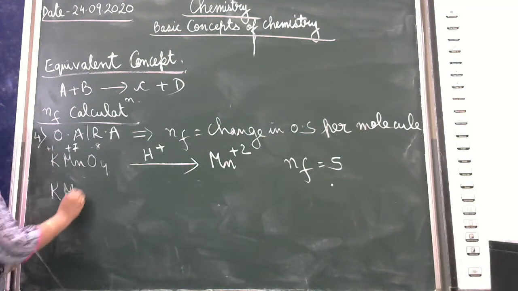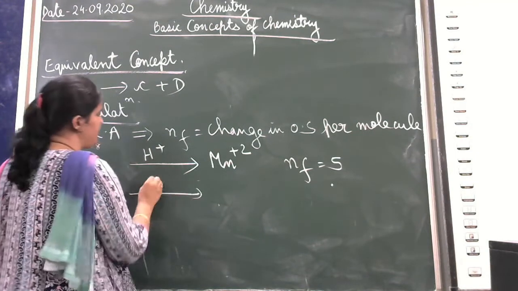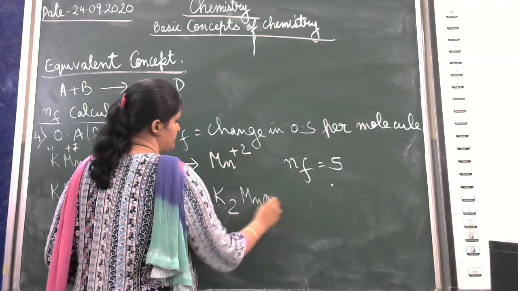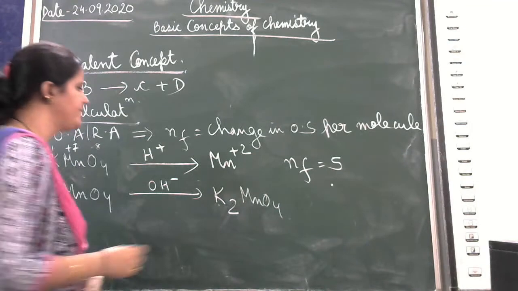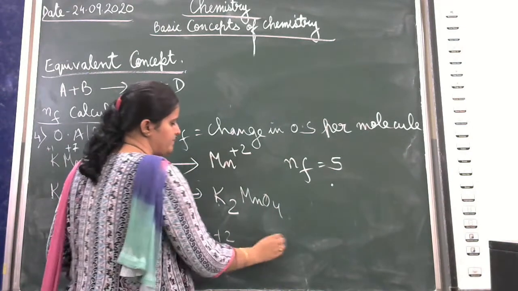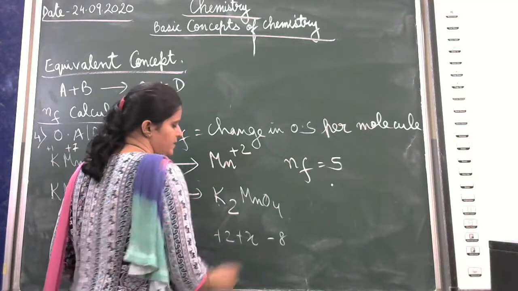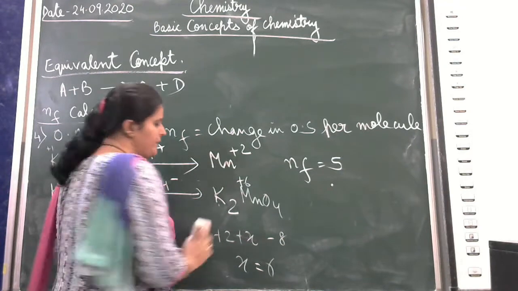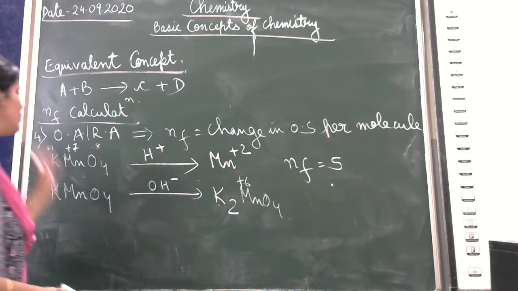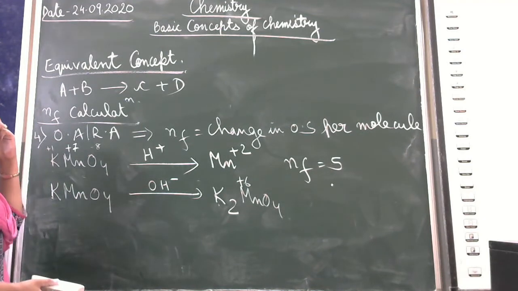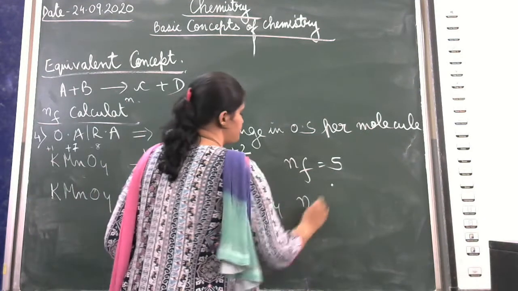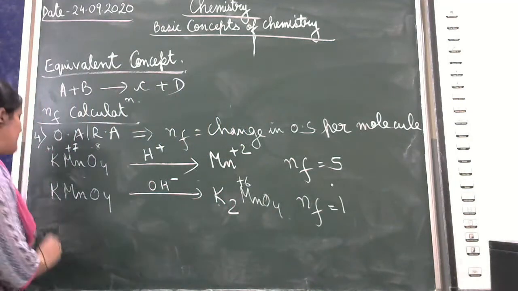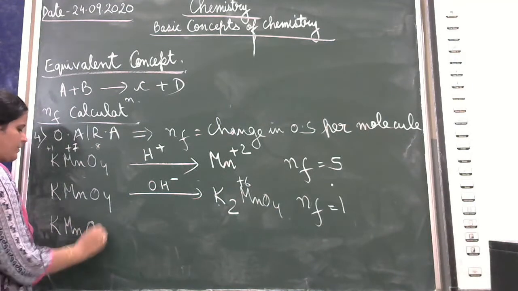Similarly, KMnO4 in basic medium gives us K2MnO4. Now, what will be the oxidation state? Potassium gives +2, oxygen again -8, and manganese is x. So x is 8 minus 2, that is +6. Here the oxidation state is +6. So what is the change of oxidation state per molecule? It will be from 7 to 6, that is, the n factor will be 1. Similarly, for KMnO4 in neutral medium,